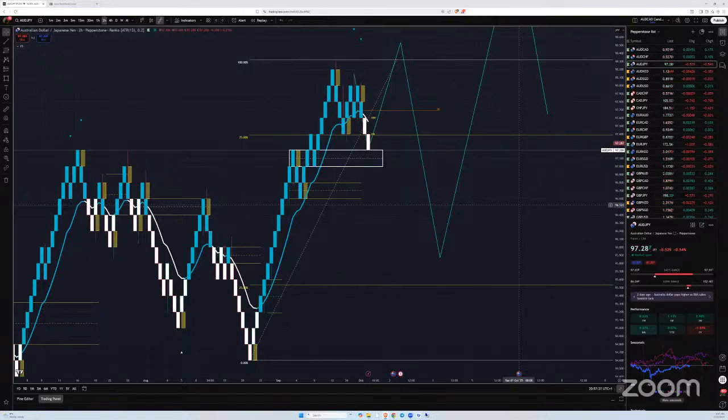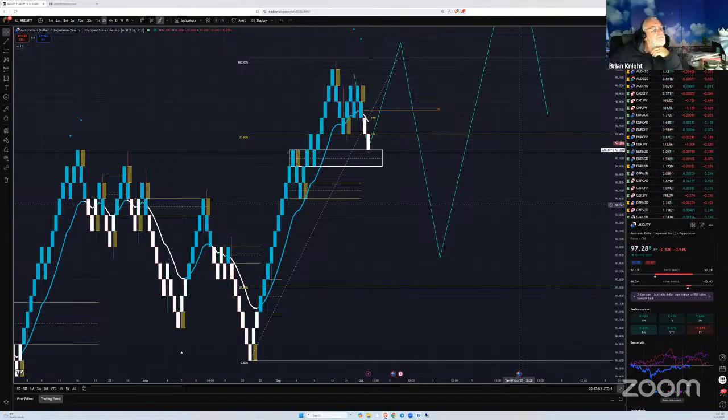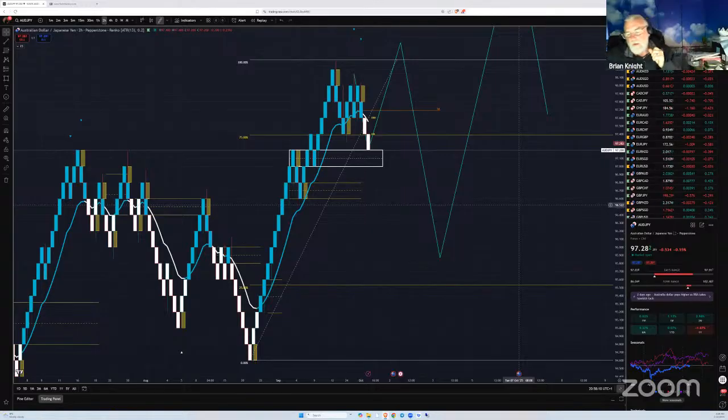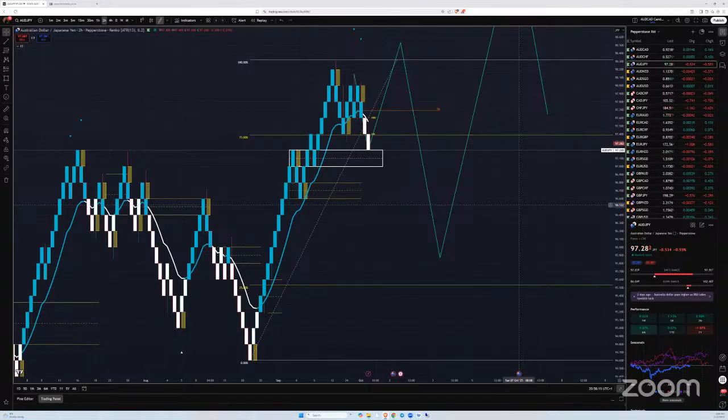So now I'm just waiting for some sort of pullback. I would really like to see a wick here. And then my entry would be on the other side of this white box. And my stop would be at the 75. And my sell take profit would be down to 25. Okay. If it fails to do that and doesn't make the other 25, I'll buy it back out. Yeah. Okay. Because it's still 50%. It came down and collected something down here and took off. But if it doesn't reach the 25,